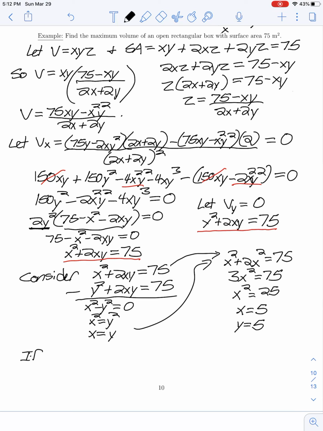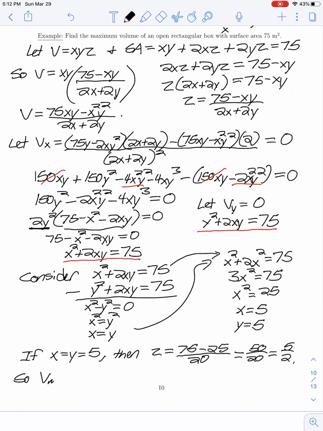So we found two dimensions of our box. Its length and width need to be the same. Now we need the height of our box, the z value. So let's look at our work so far. If x is equal to y, which is 5, then we found that z had to be given by 75 minus x times y, which would be 25, all over 2x plus 2y. So here we would have 20, and we're left with 50 over 20, or 5/2. Now the problem asks us for the maximum volume of such a box, so to find the maximum volume, let's call it V max, we would take the product of x, y, and z, and we're left with 125 over